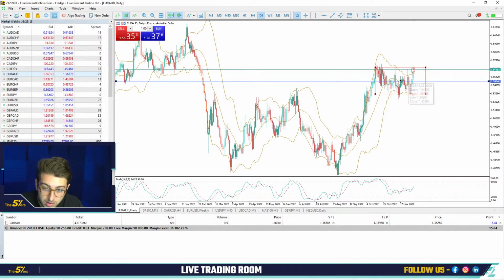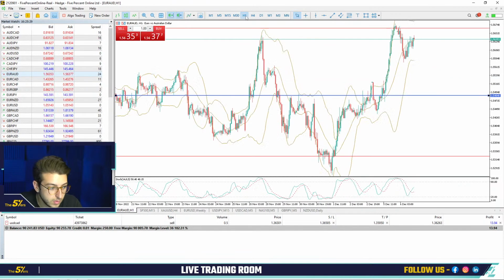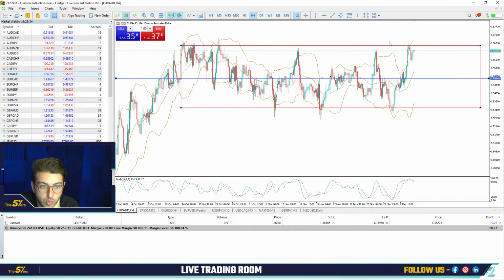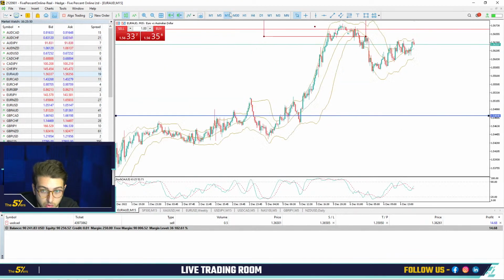In the daily chart, it looks like the market can give a push, but again, in my mindset and in my scenario, I'm not expecting a breakout. I'm always expecting the price to go back. And of course, the risk reward by making a sell here is much more interesting than making a buy. We already have several points where the market reacted. We have this point, we have this point, we probably have this point yesterday. We will see how it continues. But again, not making a buy here.